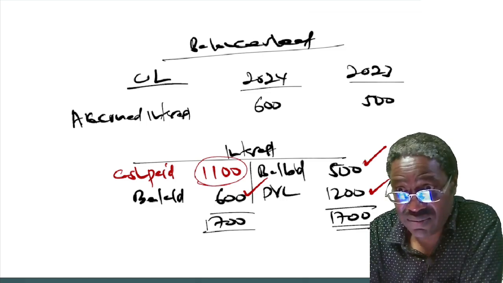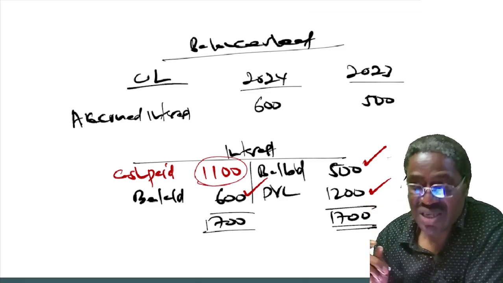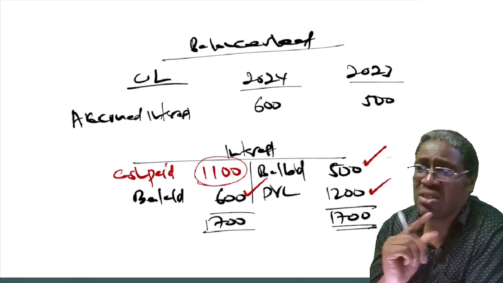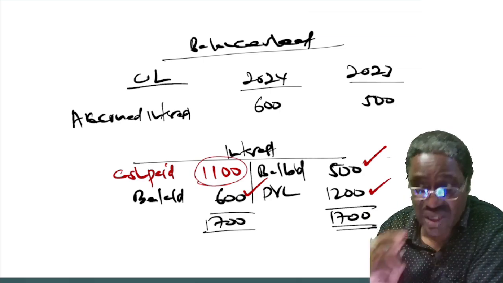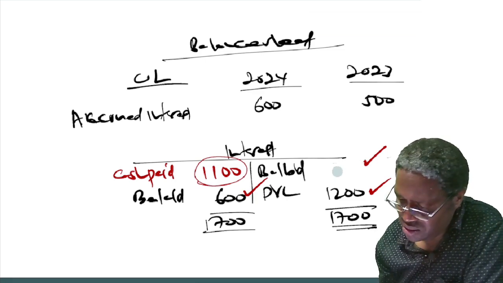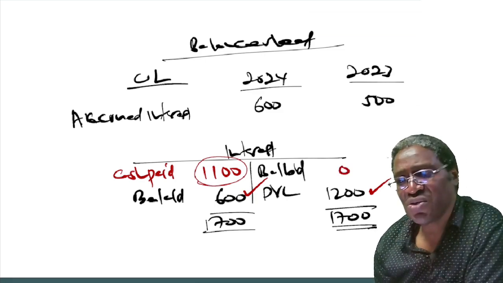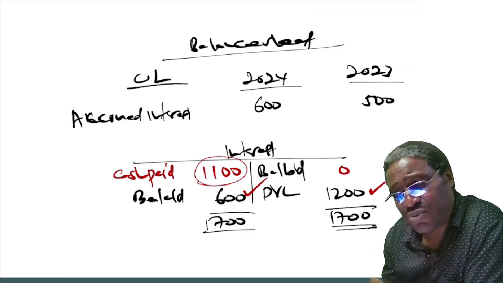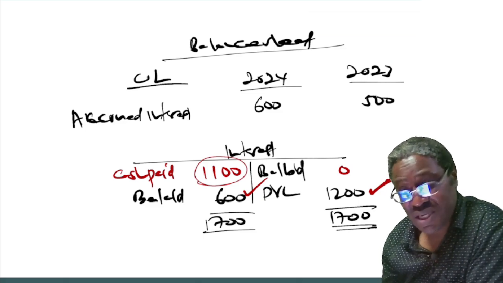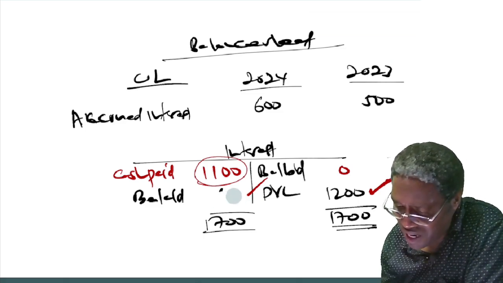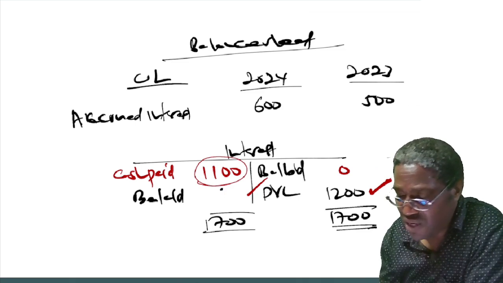Now listen, from our balance sheet as it is given in the question, there was nothing like accrued interest last year or this year. Listen, there was no accrued interest last year or this year, which automatically means that the accrued interest last year was 0 here. So even if I was to prepare the account, the balance brought down would have been 0. The charge for the year would have been 1,200. Then I would have come and said here, balance carried down. From the balance sheet this year, there was again no accrued interest. So I would still have carried down 0